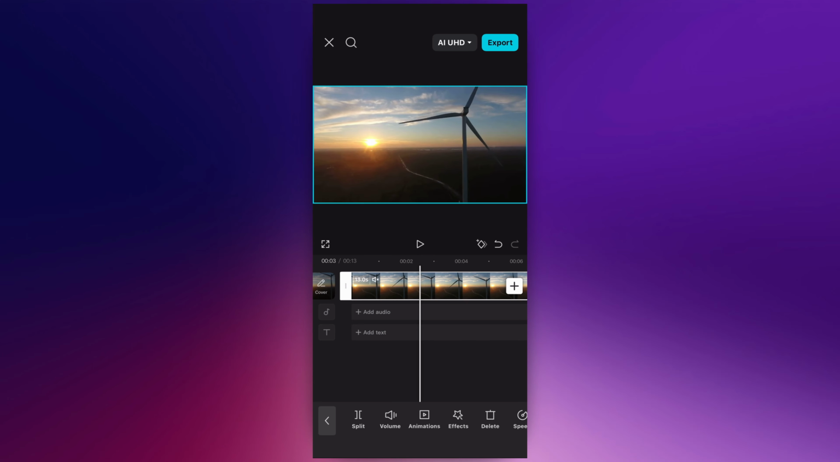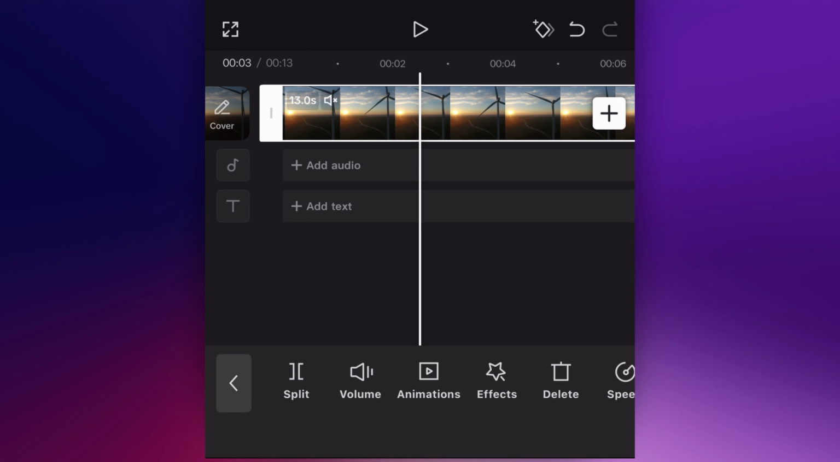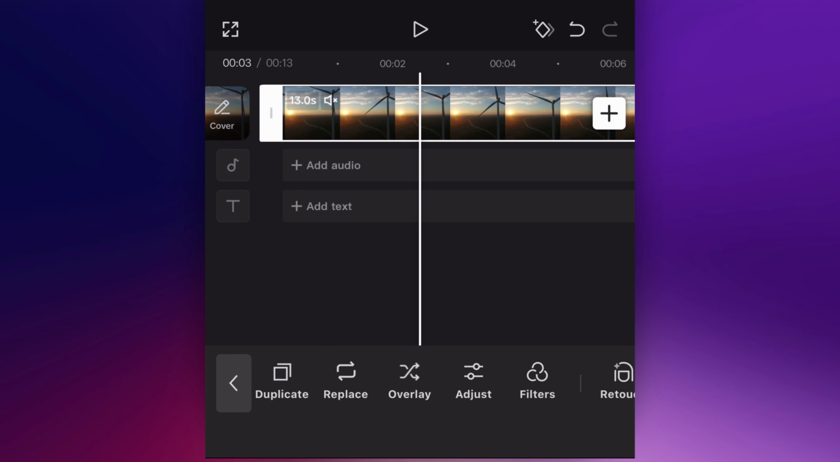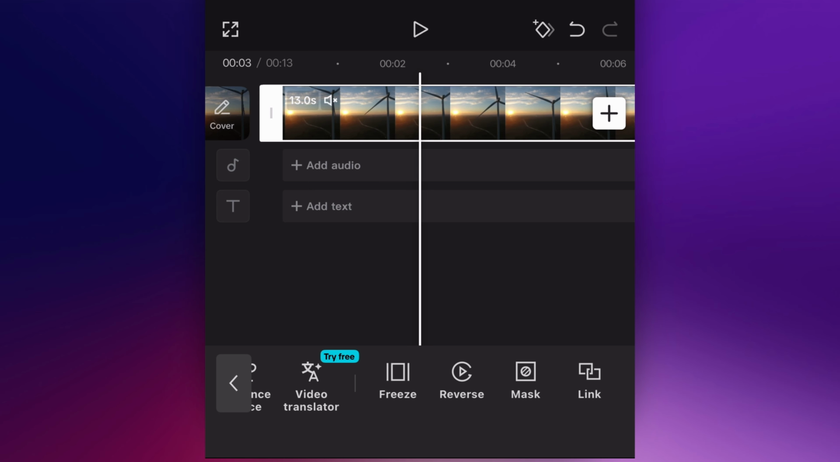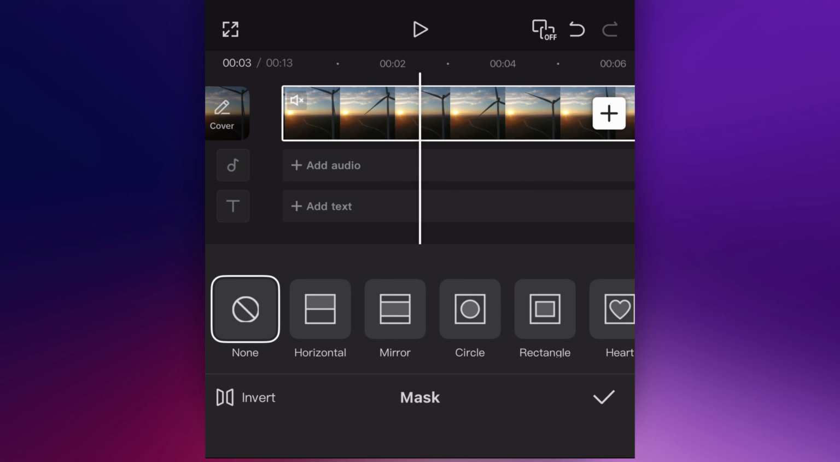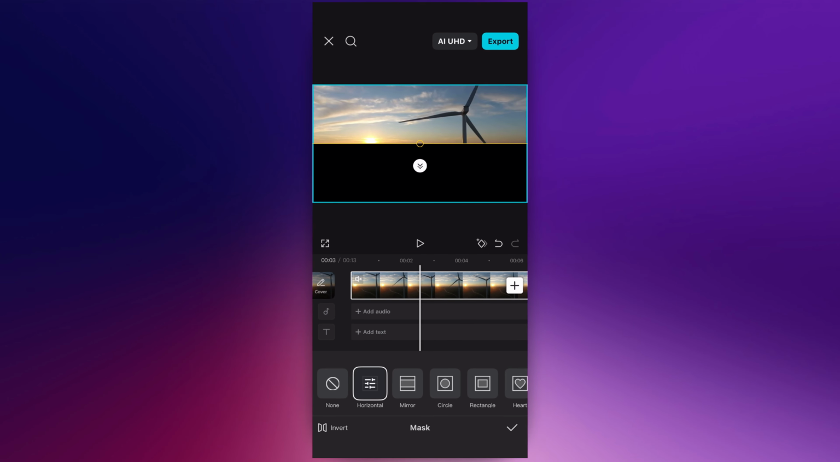Now after that, at the bottom, we have all these editing features. So simply swipe until you see the mask option. Now once we get here, we just have to select horizontal, and as you can see, it's going to split